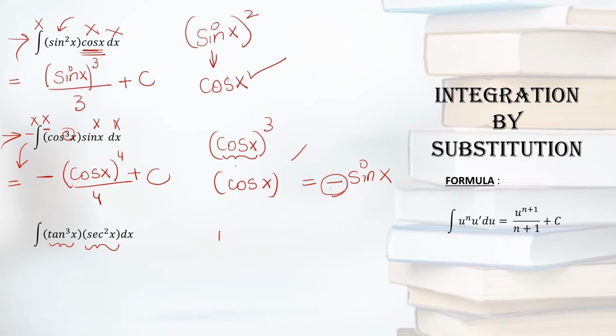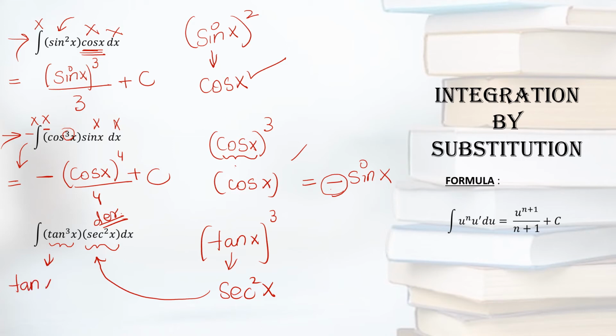So you are considering tan x whole power cube as your composite function, and the derivative of tan x is sec squared x, which is present in the question. So see, we choose the function whose derivative is written beside. So sec squared x. Now if it is done, what you will do, you will act on the power, meaning write the tan x as it is, add 1 in the power, which will give you tan^4 x over 4 plus c.